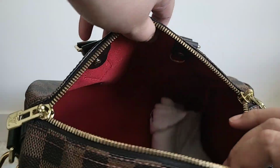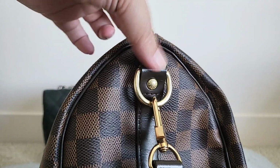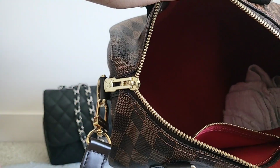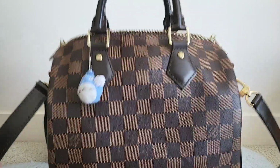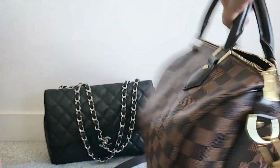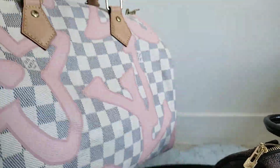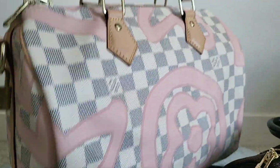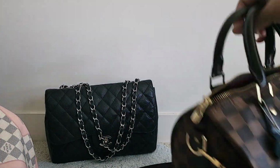I like that it has a double zipper. Totally with everyone out there, like, come on, extend the zipper on all of them. It'd be so nice. I like that it's so roomy. So I think people who are looking at totes, this is a bag that you can also look at, because it is so roomy. You can fit so much. Like if you go up to the 30, you can fit so much. The 35, I think, is starting to get heavier, but I would consider at least a 30